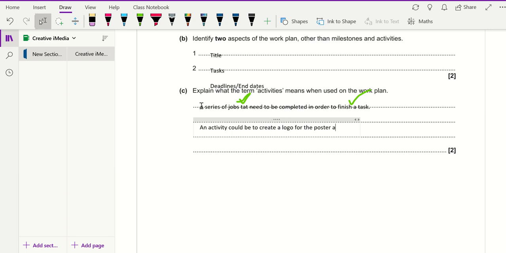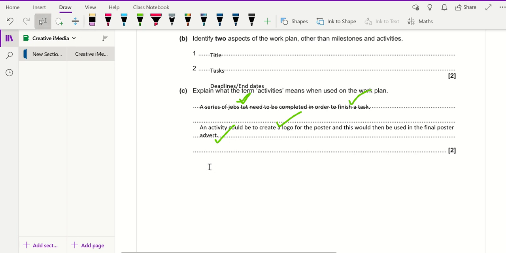And then the second mark would be, and this would then be used in the final poster advert. So you'd get 1 mark for mentioning that it's an activity which is part of a task, and then the second part would be backing that up to say it would be used in the advert as well.